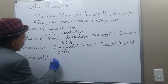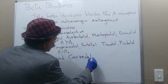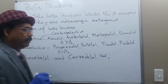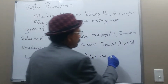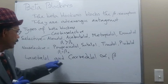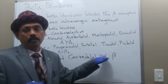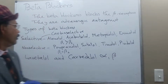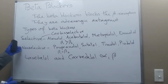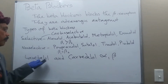Labetalol and carvedilol. They have alpha 1 blocking capacity plus beta blocking. So these are the special type of beta blocker with some alpha 1 blocking capacity. Okay, we got the classification: selective, non-selective, and some special type called third generation beta blocker with